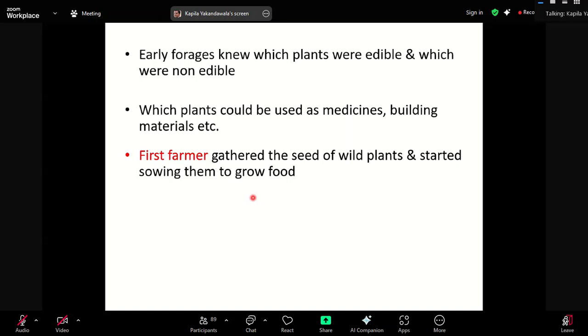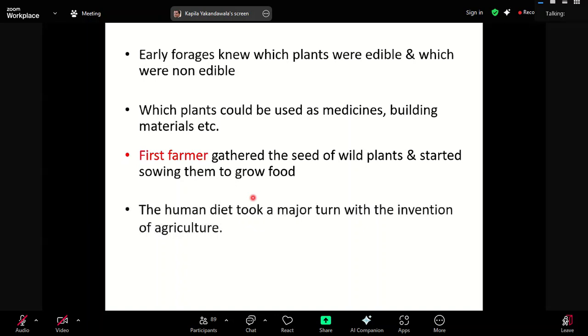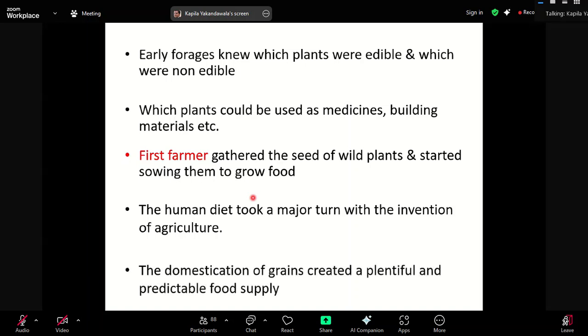Then they knew that they can harvest from cultivating plants. So they started slowly to cultivate favorable plants. That took a major turn in the human diet. Earlier, people relied most of the time on animals, so it was mainly a protein-based diet. But later on, it shifted to a